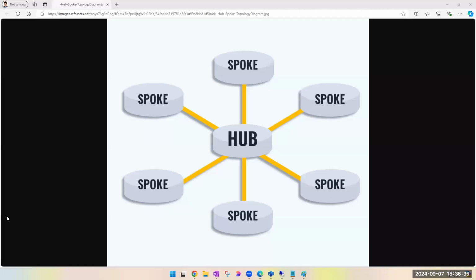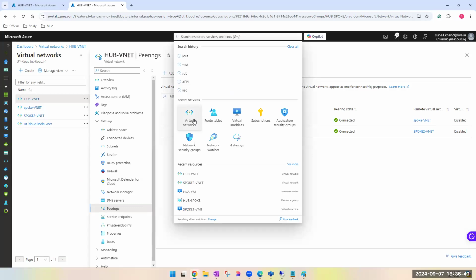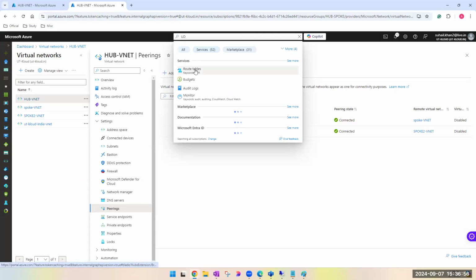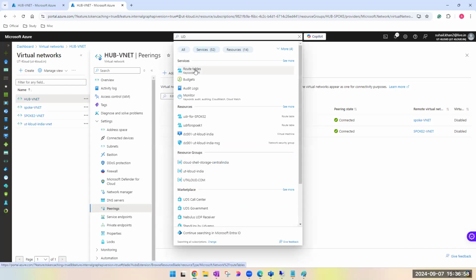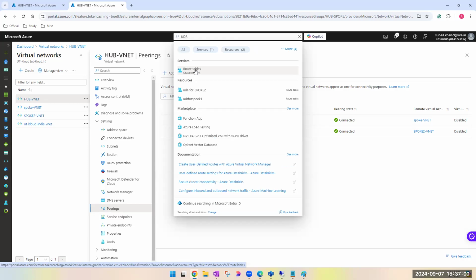Yeah, so the user-defined routes are going to be defined by us only, right? We are going to do some settings in the Azure portal, right? Yes, we will have to. It is a PaaS service. User defined route is a service. We will go ahead and deploy the user defined route. I have already done that here, though I'll show it to you again. For this, you can go to route tables or you can type UDR and you will get this. If I go here,